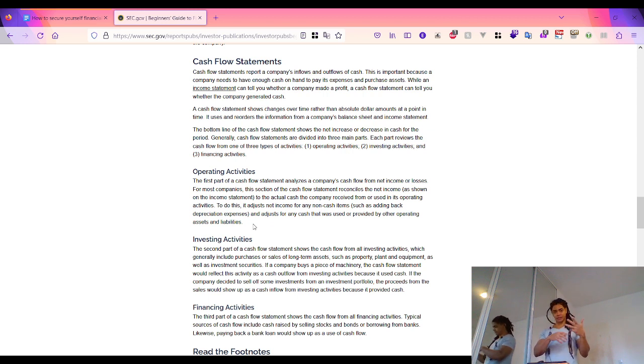Other operating assets here are property, plant, and equipment, and intangible assets, whether it's a patent that provides the inventors exclusive right to use, manage, and sell their invention over a period of time,